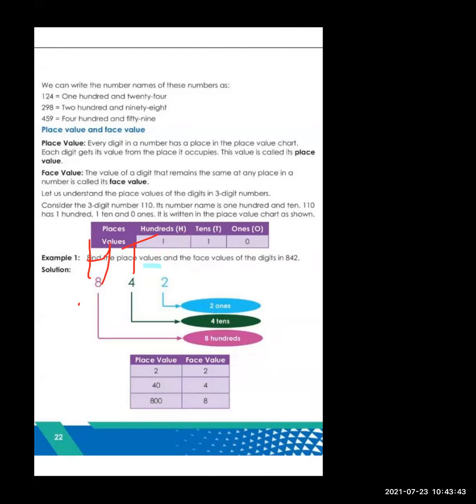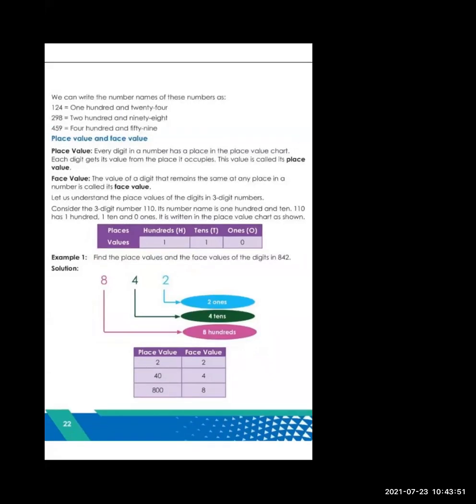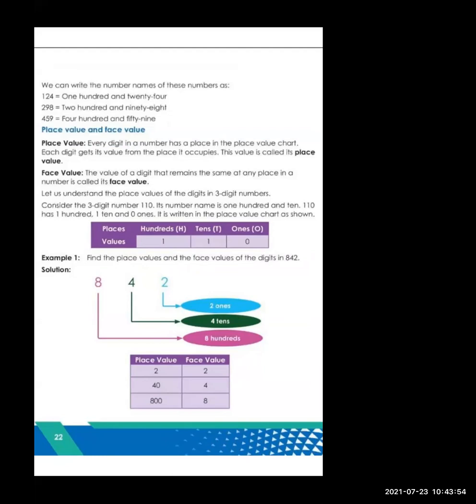Face value मतलब क्या होता है? वो exactly जो सामने दिखाई देता है ना. So that is the face value of the number. ये जो सामने दिखाई दे रहा है ना आपको, I'll show you. ये जो number है that is the face value. वो कौन सा भी रहने दो number, whichever number is there, that is the face value. But place means अभी ये 8 कौन से place पे है? Which is the place of the 8? So it's a 100 place, 4 is a tens place and 2 is a ones place. तो ये उसका क्या हुआ? Place हुआ. Correct.